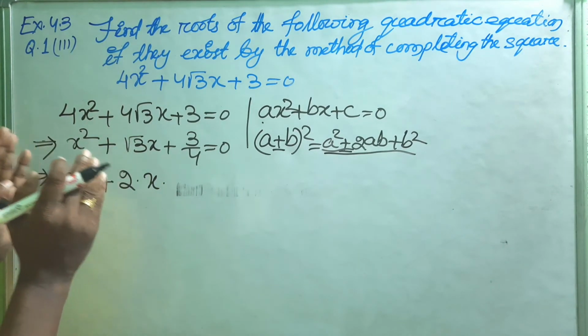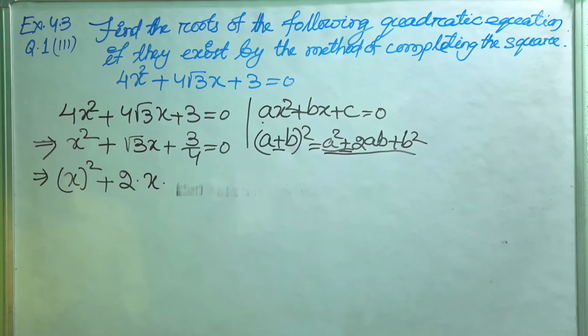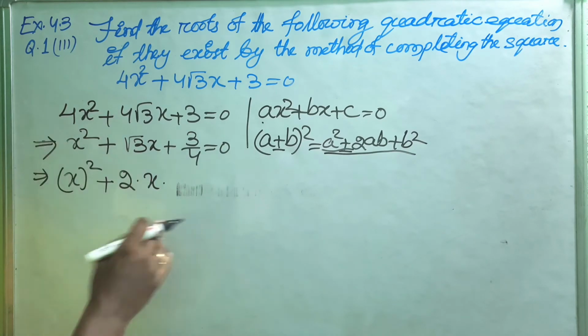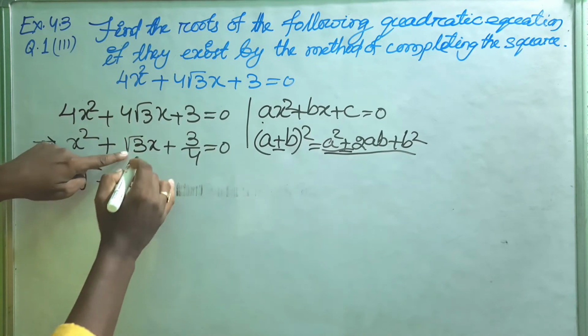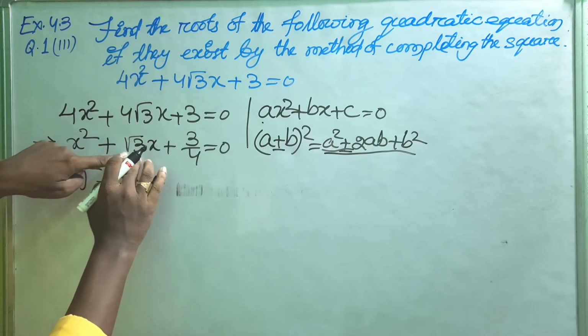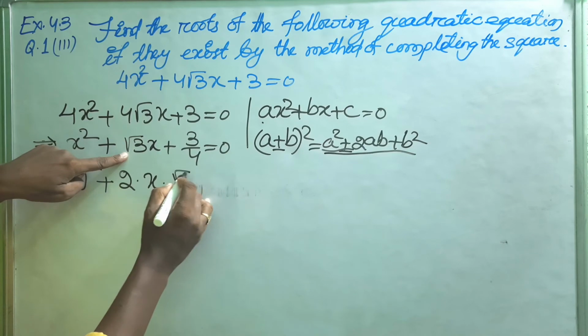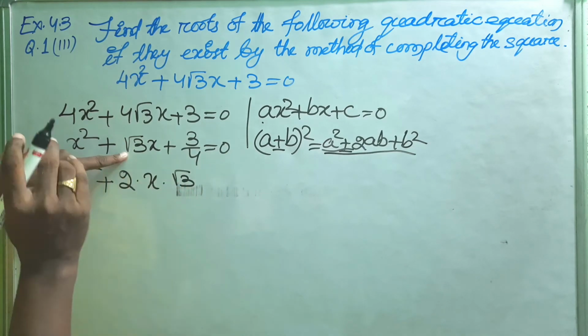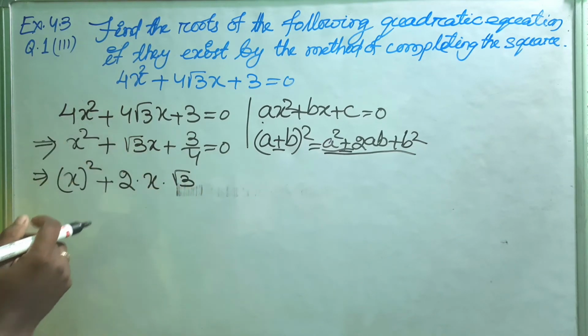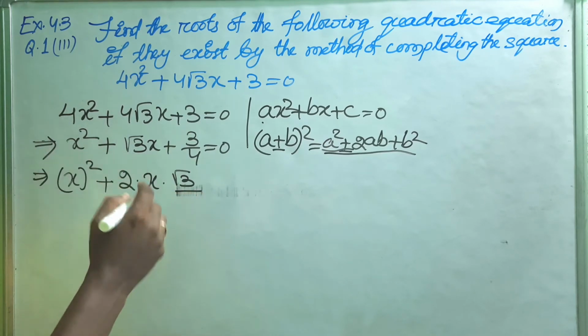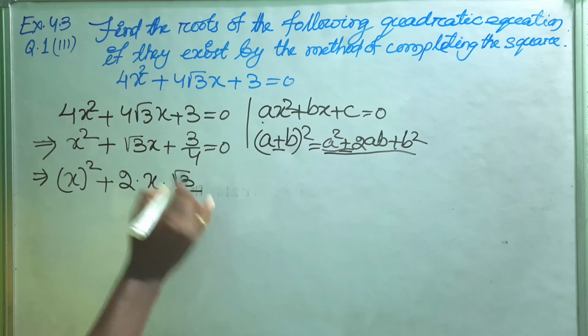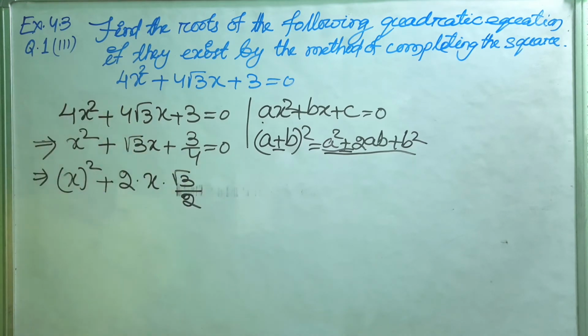Now here we have to choose b. We have to select b in such a way that the product will give this one. So how will we write? First of all, write the coefficient of x. What is the coefficient of x here? Root 3. Then in the denominator you multiply 2, that means in the denominator it is 1. So you multiply 2 with the denominator. So what will you get? You will get 2.